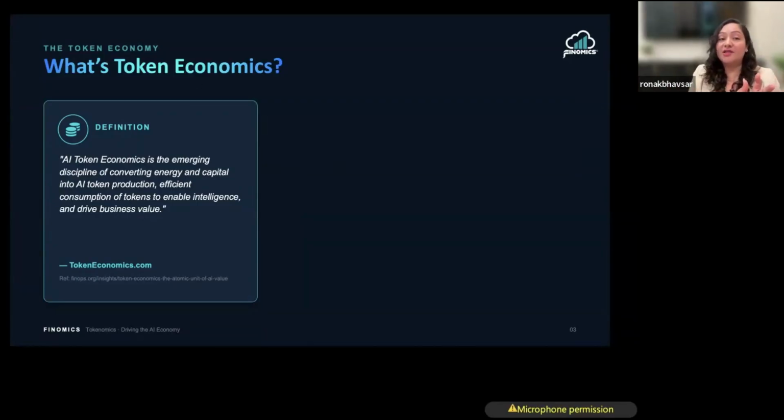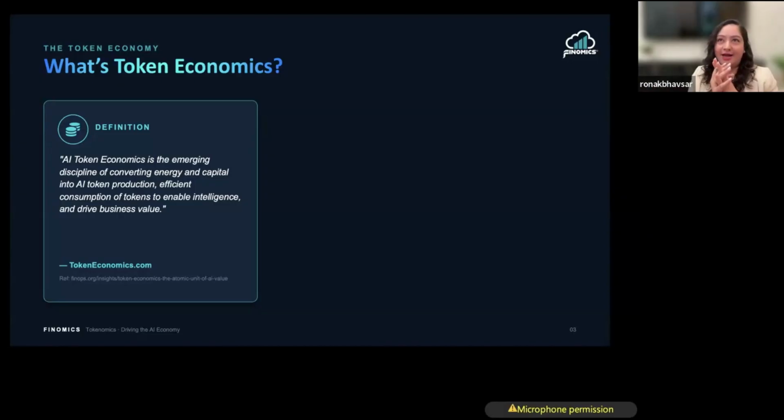AI token economics is the emerging discipline of converting energy and capital into AI token production, and the efficient consumption of tokens to enable intelligence and drive business value. So as a